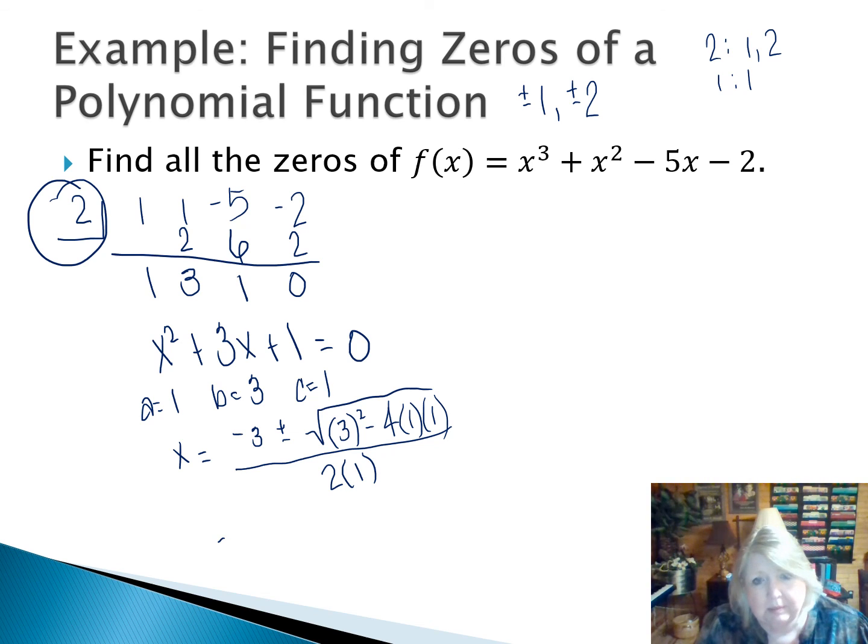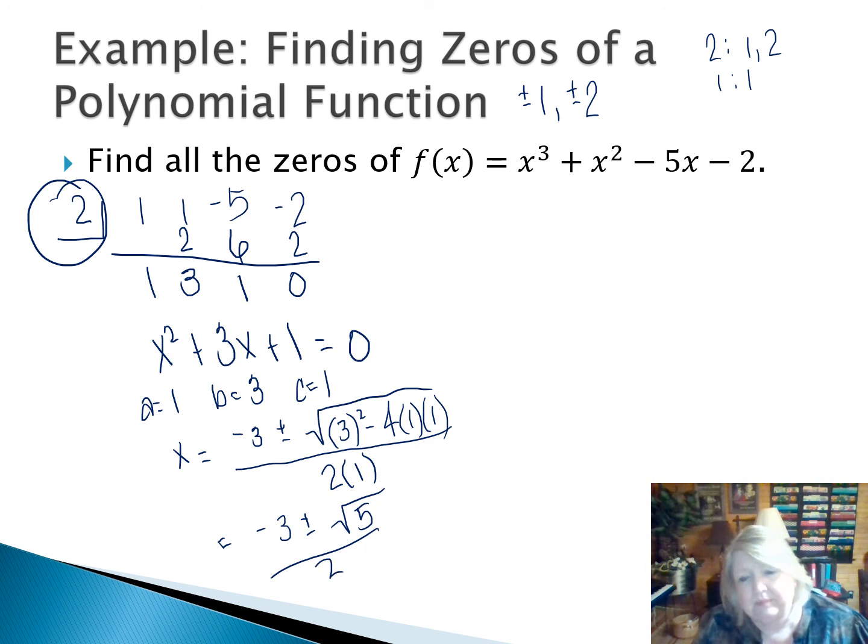So this is going to be negative 3 plus or minus square root of 9 minus 4, which is 5, over 2. So there are my other two. So I have 3 real solutions: 2, the only rational one, and then negative 3 minus square root of 5 over 2, and negative 3 plus square root of 5